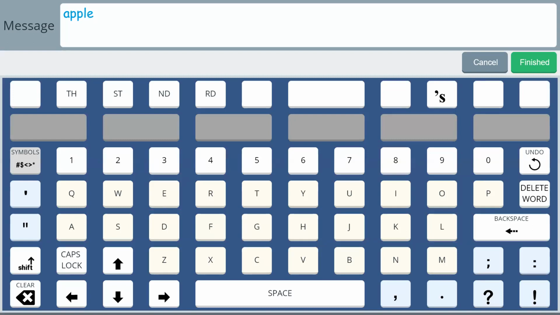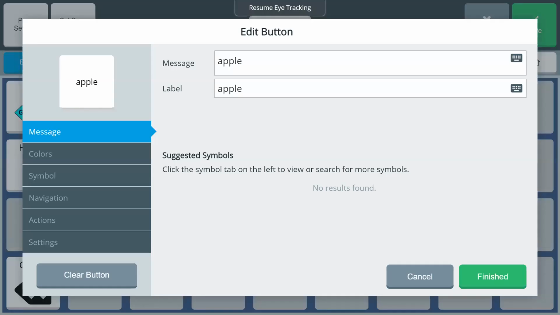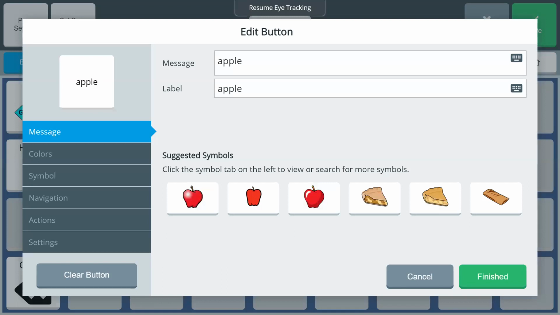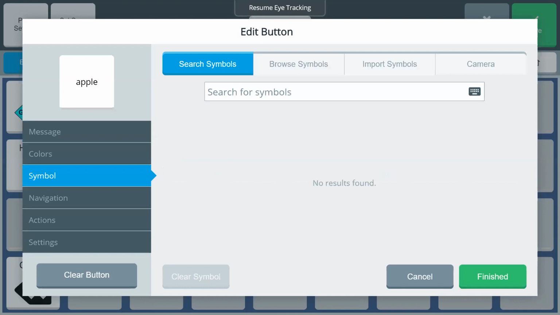So I type in the word apple. That's the message that I want. It automatically brings up the label for the icon, and then it brings up suggested symbols. The first three show what an apple looks like, but then I also have apple pie and all those other things. If I didn't like exactly what was going on with the suggested symbols, I can always go to